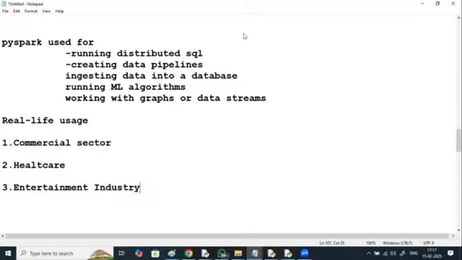Trade and e-commerce. E-commerce websites like Flipkart and Amazon are using Apache Spark for advertising, and even other websites like Alibaba, to provide offers and an enhanced customer experience, optimizing the overall performance.